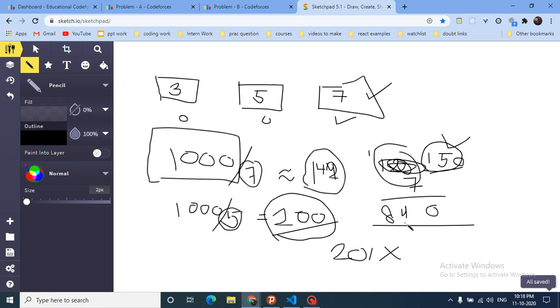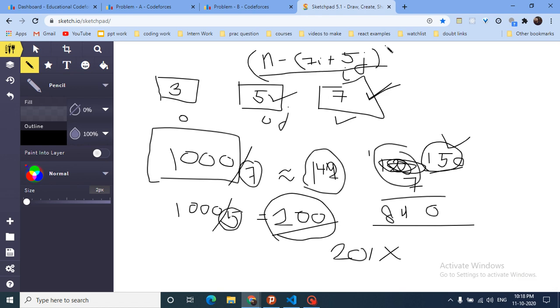So what you can easily do here is brute force over the number of apartments of this type and this type, and then because you know total n, you can subtract. Let's assume this is i, so 7i plus 5j, where j apartments of this type, i apartments of this type, and you will get how many rest of the apartments are there. If this number is totally divisible by 3, then it means that you can get some possible answer for 3 also, because all the numbers should be integer values only.